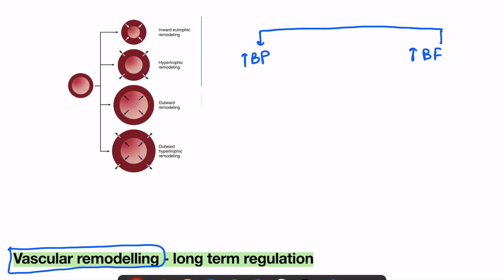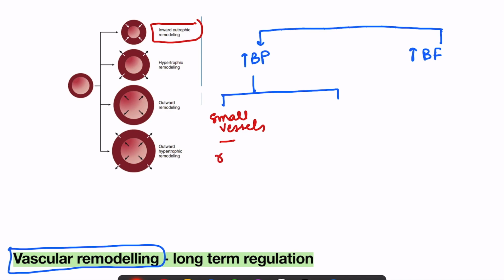With increase in the blood pressure, 2 types of remodeling can take place. That is, one in vessels which actually change in diameter, that is, contract in response to increase in blood pressure. So that is small vessels with change in diameter due to increase in the blood pressure. So in this there is inward eutrophic remodeling. So in this what happens, there is a decrease in the radius and increase in the thickness of the vessel